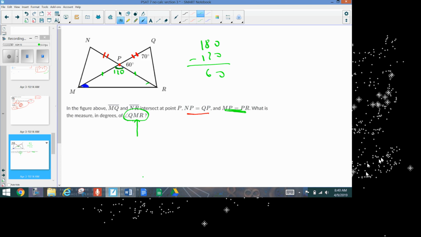So 60 is the sum of those two angles, this one and that one. And they are equal. This is x equals x. X plus x is equal to 60. One of x is equal to